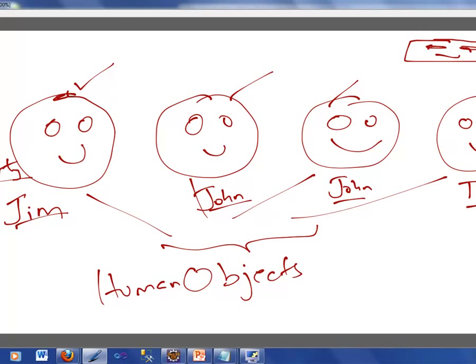What property is the word Jim? Jim is nothing but the name property. Likewise, John is the name property. This John is also a name property, and Tim is the name property. Some of the properties are unique, meaning that in this room at least there are no two Tims and no two Jims. So when it comes to this room, Jim as a name is unique and Tim as a name is unique,